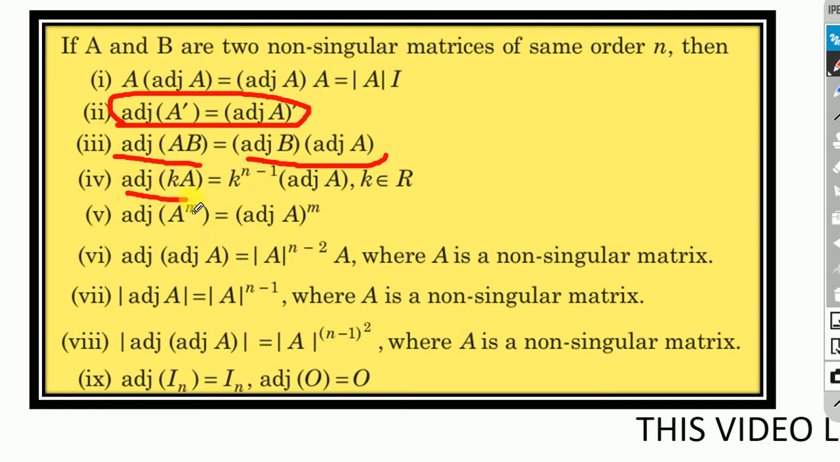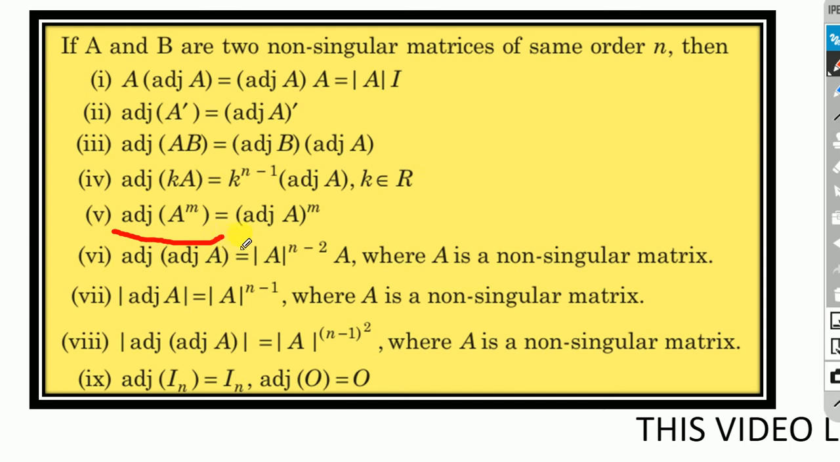Adjoint of kA is equal to k to the power of n minus 1 into adjoint of A, and adjoint of A to the power of m is equal to (adjoint A) whole to the power of m. This is another property which we should note. And adjoint of A is equal to